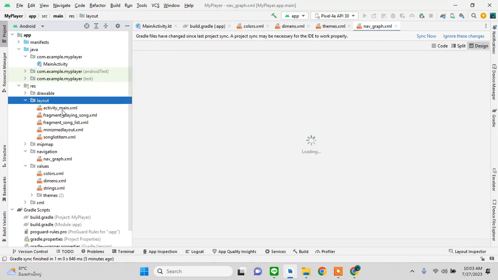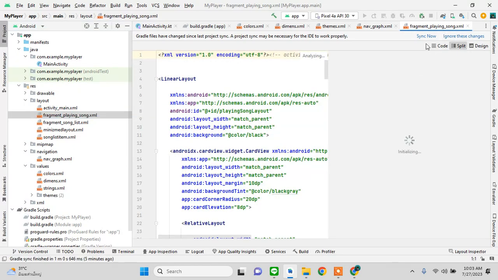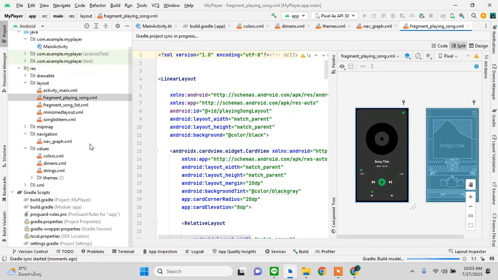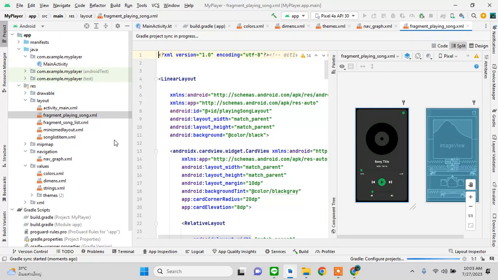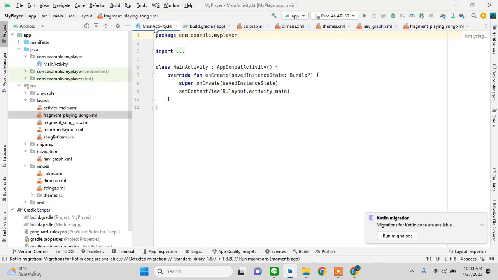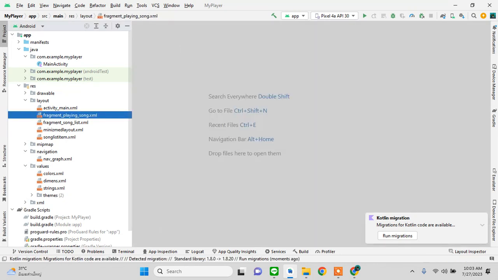Okay, we have the layouts here, and I think we have to sync it. There could be errors because obviously we have copied the code from somewhere, so it is normal when we do that. Okay, yeah, project build is successful. So let's just close the whole project, all the tabs. Okay, and now let's come to